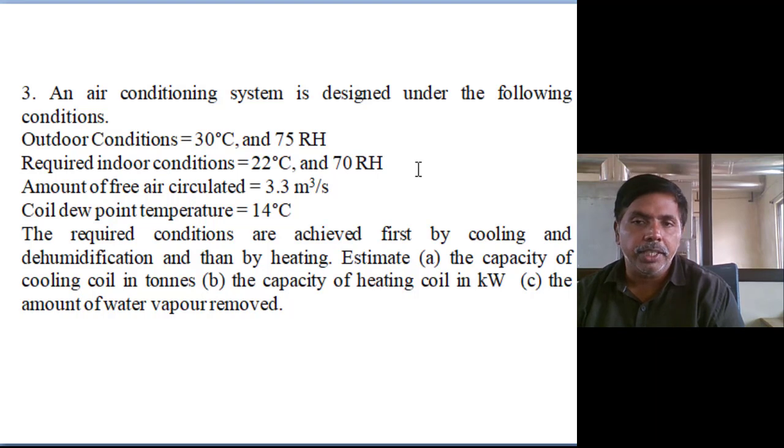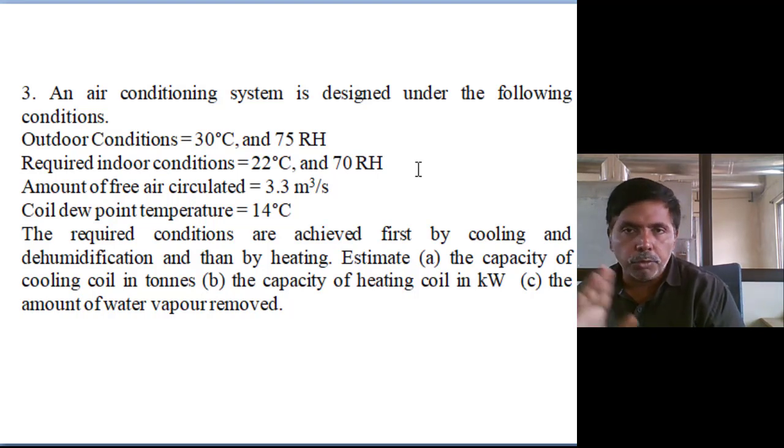Next, estimate the capacity of the cooling coil in tons. Generally 1 ton of refrigeration means 3.51 kilowatt. In refrigeration, cooling capacity is generally calculated per ton. 1 ton means about 3.5 kilowatt. Split ACs for household use are generally 1.5 ton. Window ACs achieve the same refrigeration effect with fewer losses, so a 1 ton window AC is more than sufficient. So 1 ton means 3.5 kilowatt.